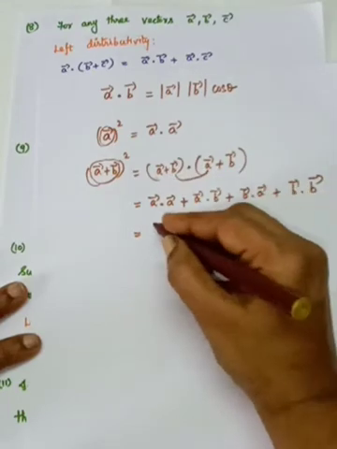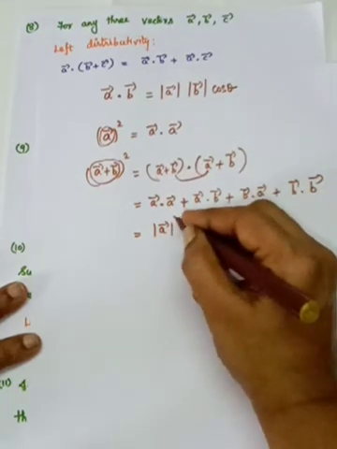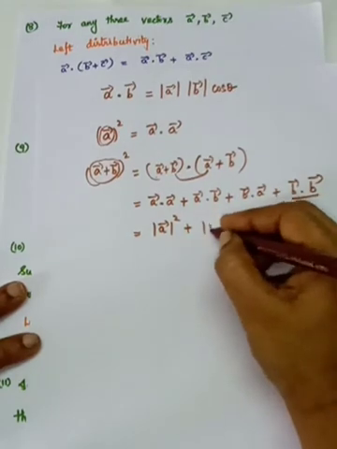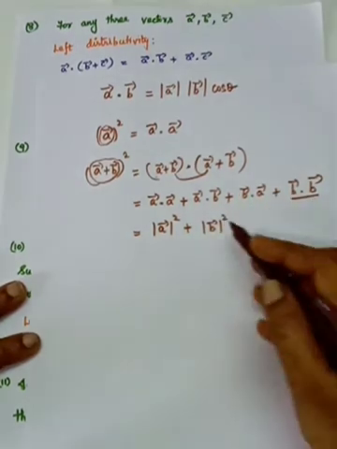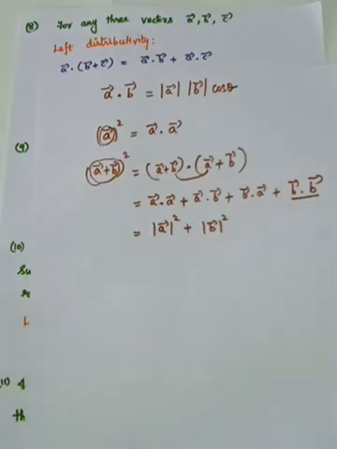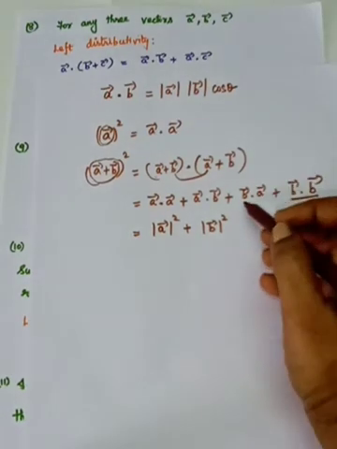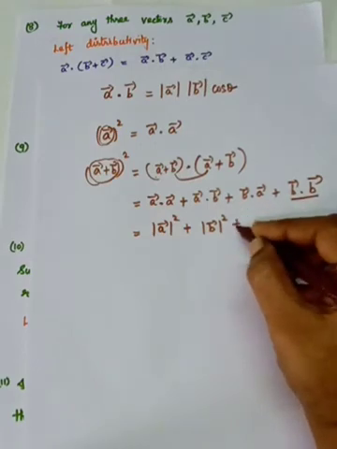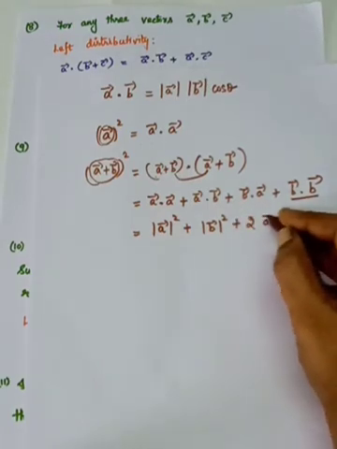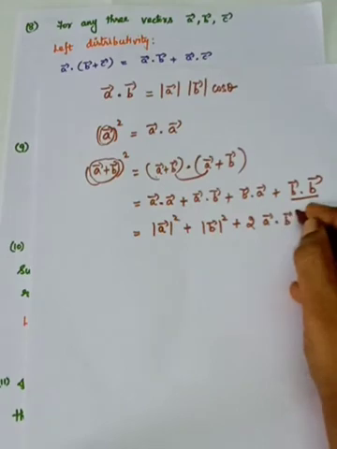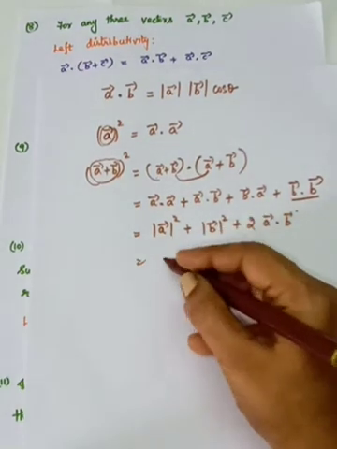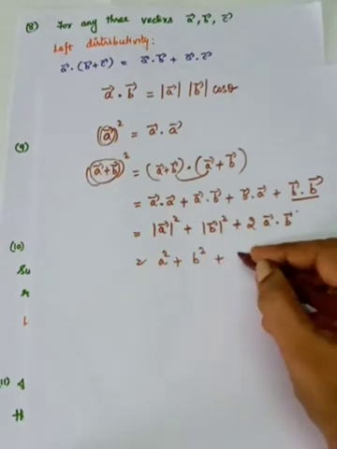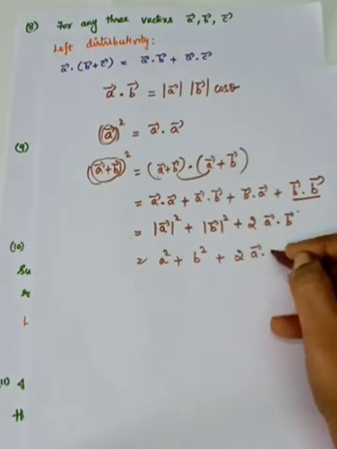I have said it is modulus of A vector the whole square plus modulus of B vector the whole square. I already told you the scalar product is commutative. So B vector dot A vector can be written as A vector dot B vector. Therefore it is 2 into A vector dot B vector. Otherwise, modulus of A vector you can write as A squared plus B squared plus 2 into A vector dot B